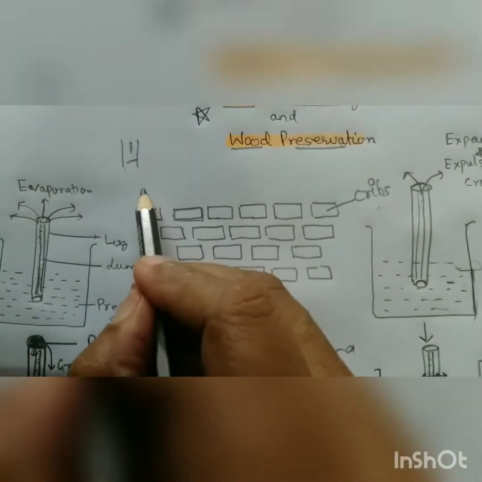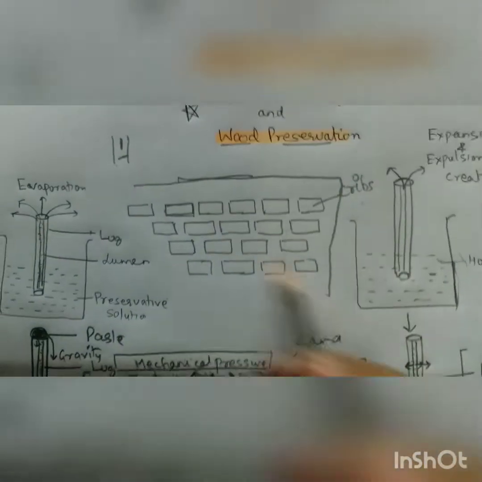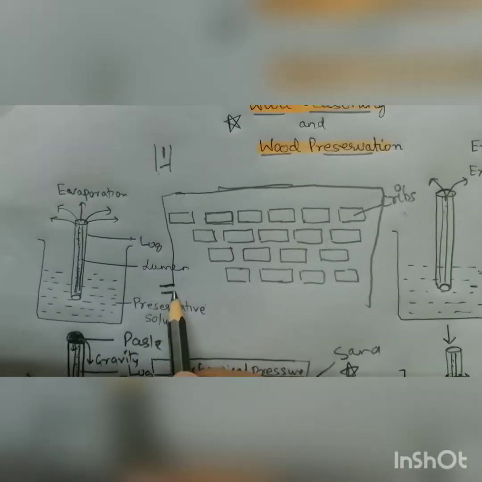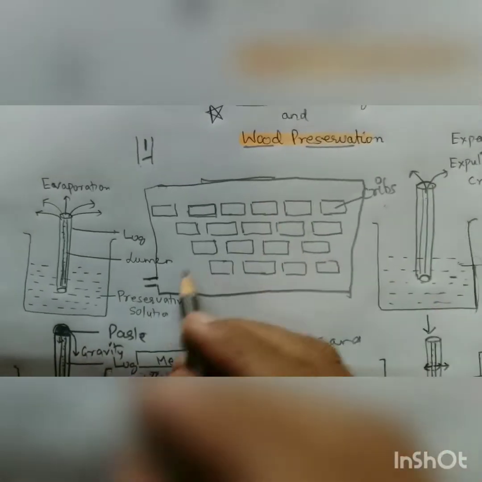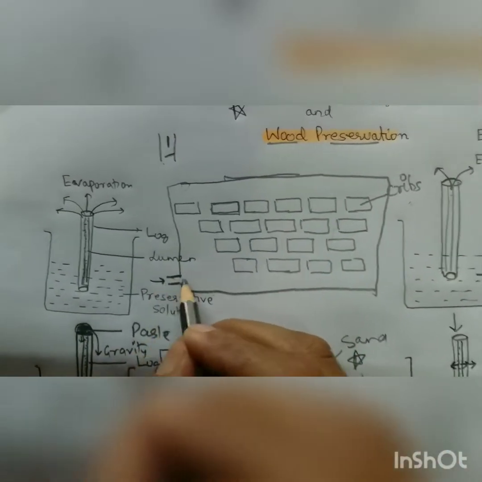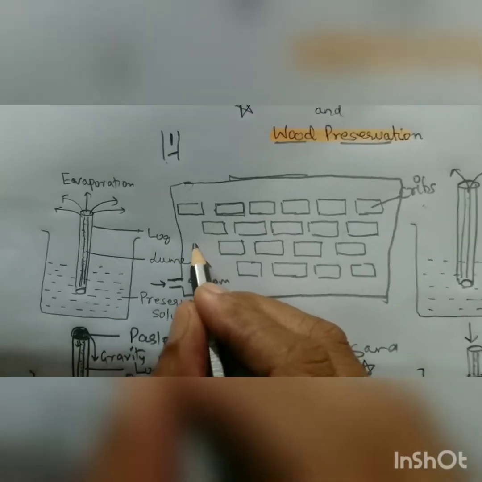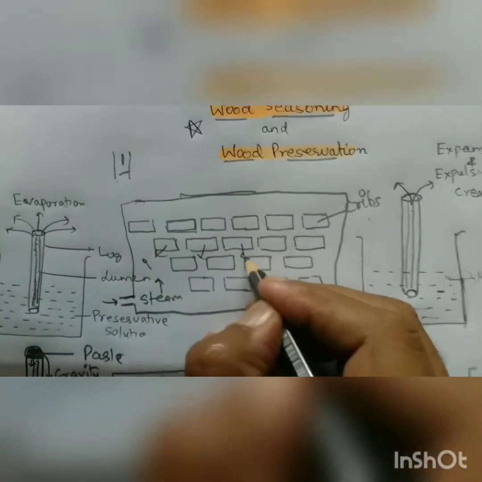Sawn timbers are arranged in cribs, and the chambers are prepared like this. And these are called mechanical chambers. And here from below steam is given, and this steam will move up. Being dry, it takes the moisture,